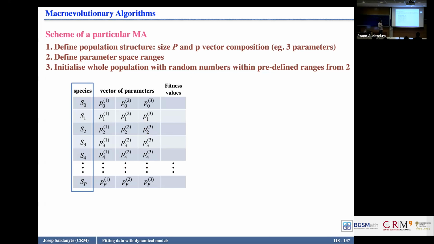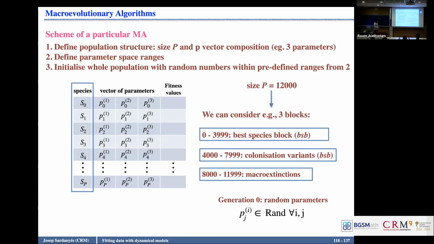From a more practical point of view, usually you build a matrix in your computer. The rows are the different species, N is the size of the population, and each of the species is a vector of 3 parameters: P01, P02, P03, and these are the vectors of parameters. Then you can do it as you want. I draw in C, and what I do is add a column where I put the fitness values. For example, if we choose a size of